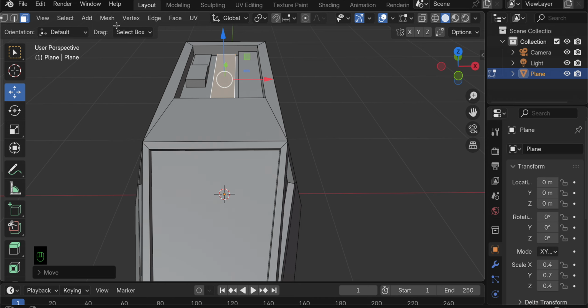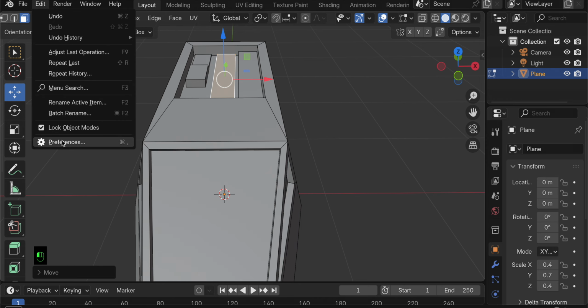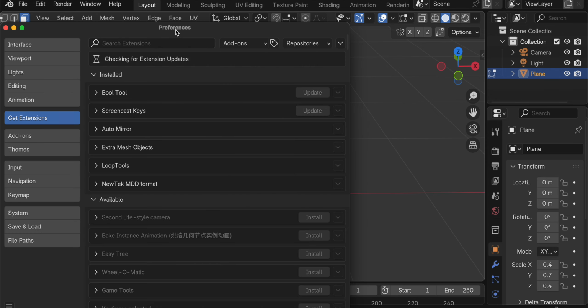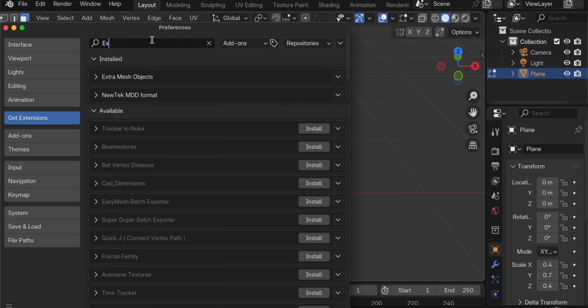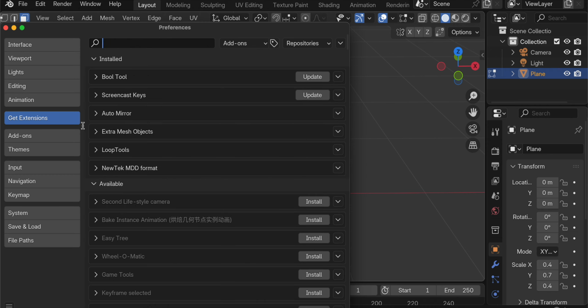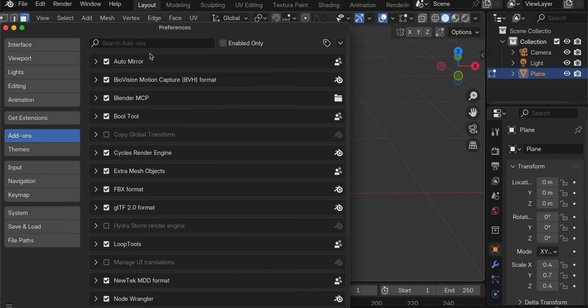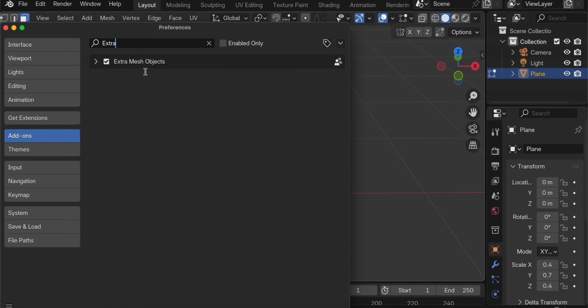Now what you need to do, you need to go to edit, preferences, go to get extensions, and here you will need to select the extra objects add-on extension. I'm not sure if it is extra mesh, so you have to go to add-ons. Sorry, I think, yeah, extra mesh objects. So make sure you check this. Okay, so once you have checked this,